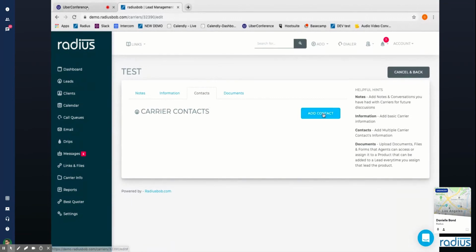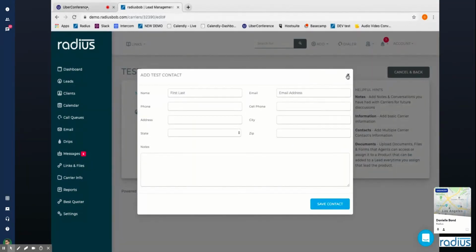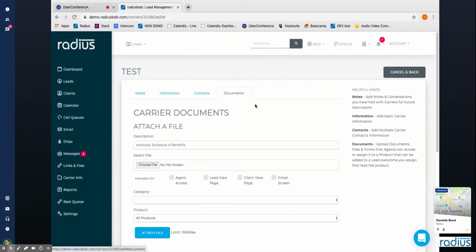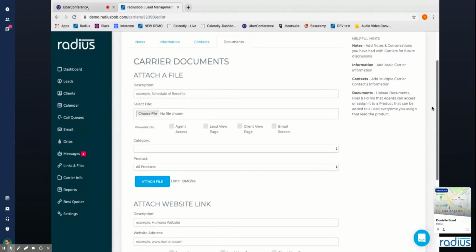Now you can add in additional carrier contacts that you have. And then documents. This is the one that's going to be really helpful for you to access these on the email screen, and then also for you to have your agents get that carrier information directly from this left-hand corner of the column here where it says carrier info. So it's just a place that you can have as a resource for all of your current product documentation. So let's put in schedule of benefits, choose a file,